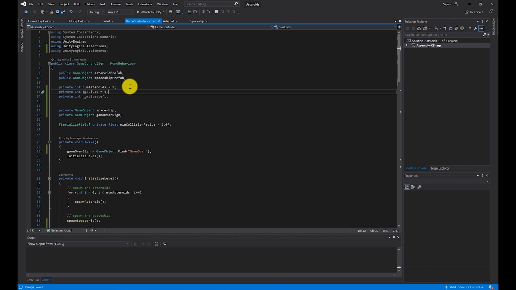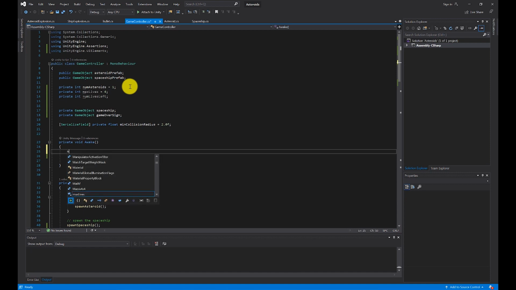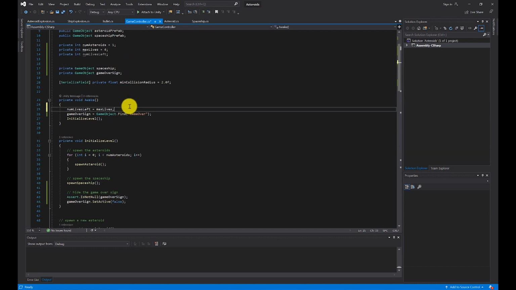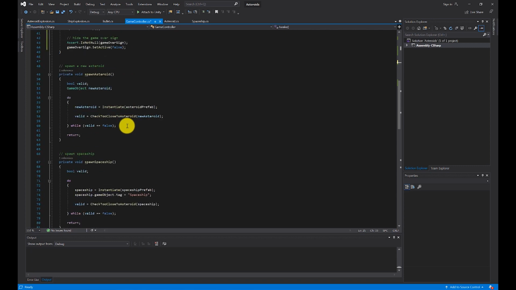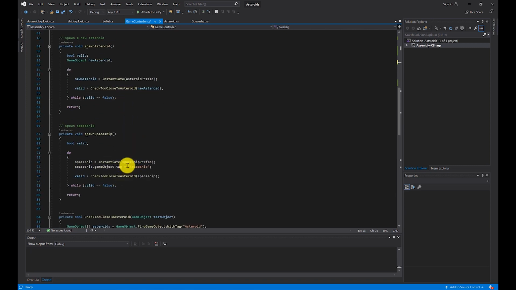So I'm going to show 3 life icons. That's for the 3 backup ships. So you have 4 lives total. The one you currently have plus 3 more. So that's how I'm going to play it. So right at the beginning, when I awaken, I'm going to say num lives left is equal to max lives. And then every time that I spawn a ship, I'm going to remove one of my lives. So right at the bottom here,